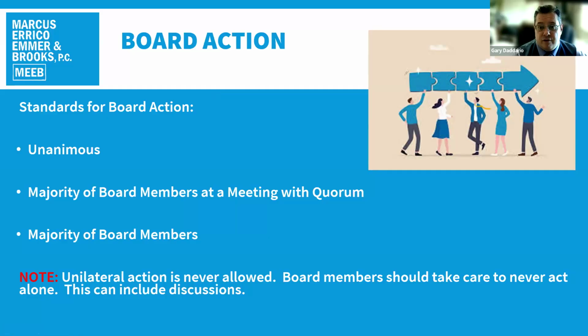And by this, I mean for a vote that is before the board to actually pass, for the board to make a decision. One of those standards is unanimous. If any of you watching this have a set of condominium documents that says that your board needs to act unanimously, I don't know how you're operating so far, but you definitely want to make a note to amend that.